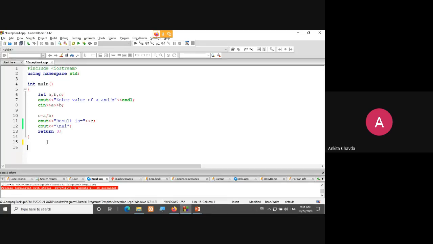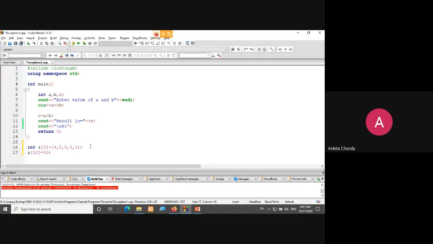Another one: suppose you have declared an array, a of 5, equal to some values, 4, 8, 9, 2, 3, any integer or float array. And now you are saying that a of 10 equals 50. What will happen? Anyone who knows this?